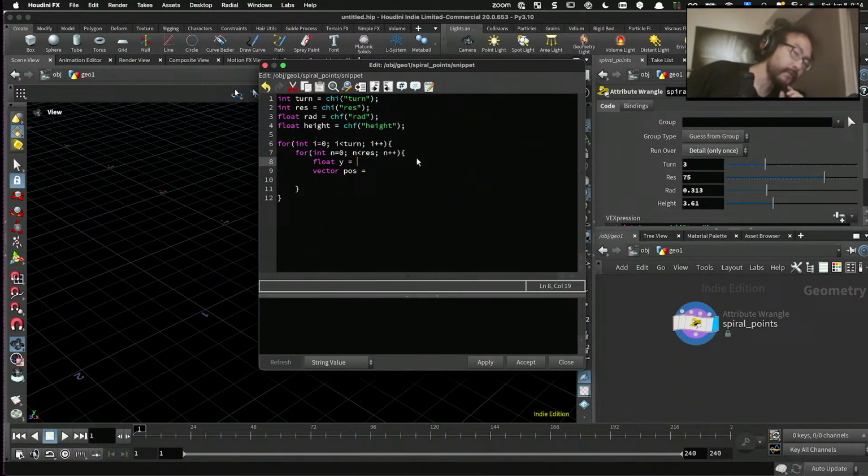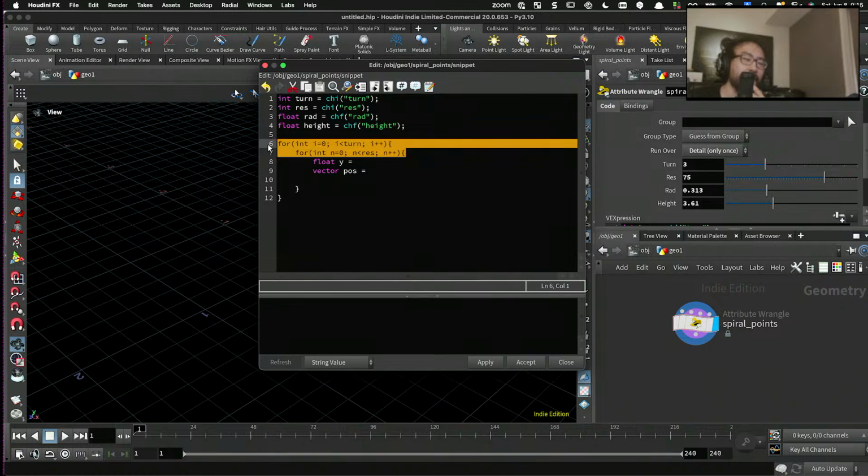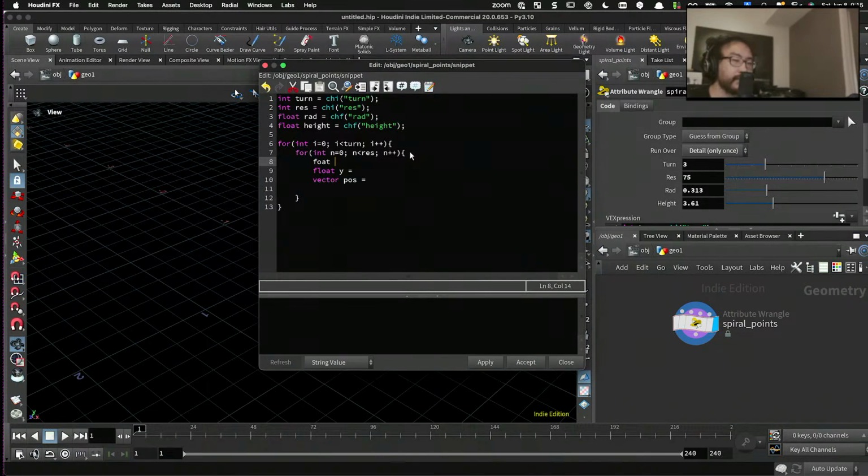Height will be in between 0 to the maximum height, which is this parameter, based on which points we are looking for. So it will be better if we could convert the point number to a normalized value, which is in between 0 to 1. So let's do that first. I'm gonna call that normalized point number t, which is going to be in between 0 to 1. And you can calculate that by